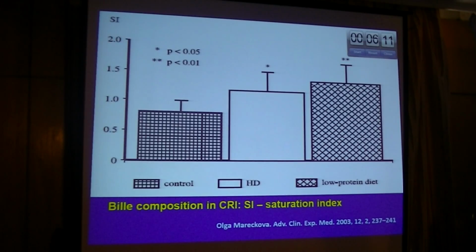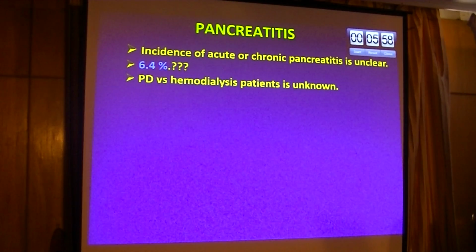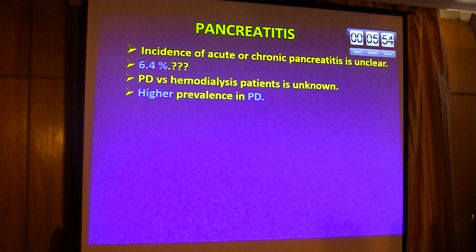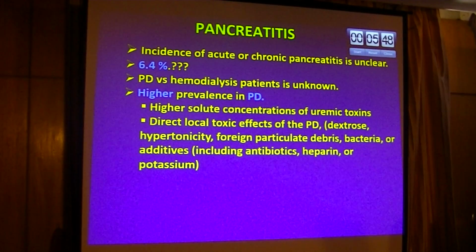Also, another study showed that hemodialysis patients have altered bile composition compared with the normal population. What about pancreatitis? The incidence is unclear. It may represent 6.4%, usually in peritoneal dialysis, higher than in hemodialysis patients. Higher prevalence in peritoneal dialysis, of course, because of higher solute concentrations and other causes related to the solute itself